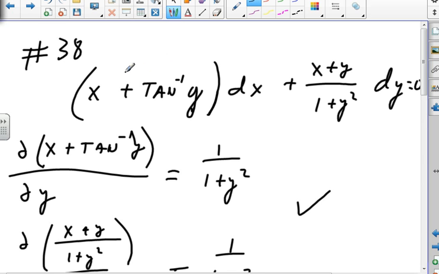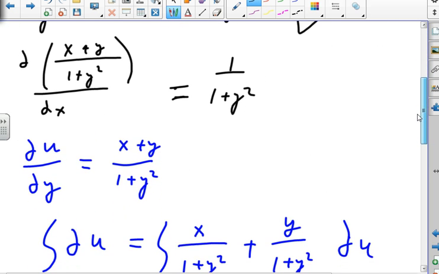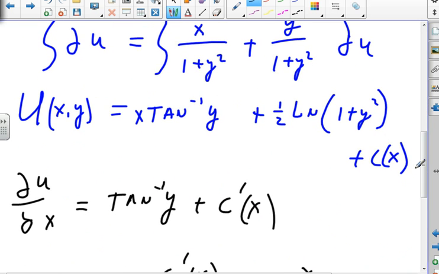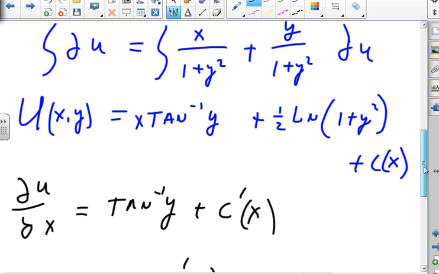No, that wouldn't have been a harder integral to do, because the arc tangent y is just a constant with respect to x. So I guess I may have gone the hard way. Maybe. Can you go down a little bit on that one? It all depends. You want me to, where it says like u of x y, that one? Yeah. Okay, when you multiply that by 2 at the end, how come you have to do the c of